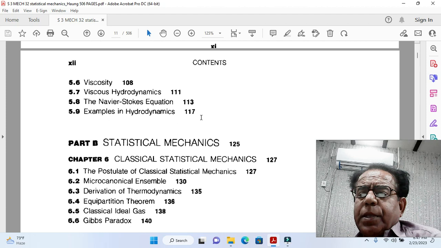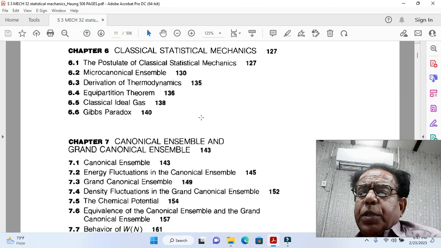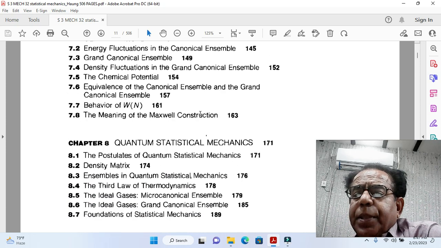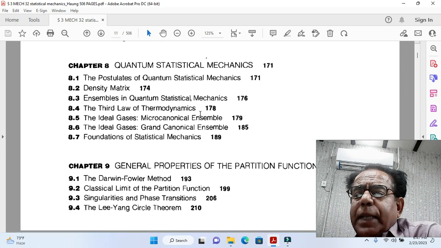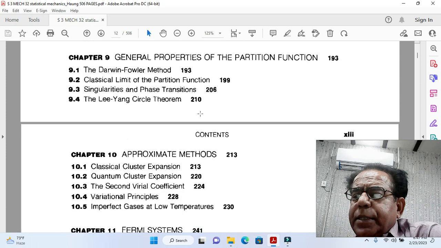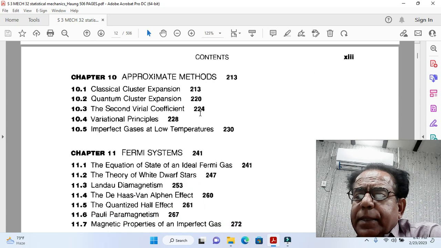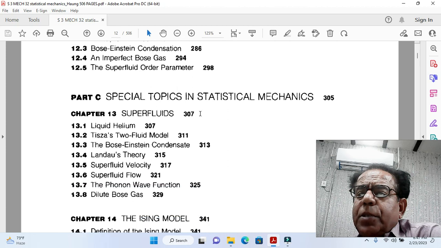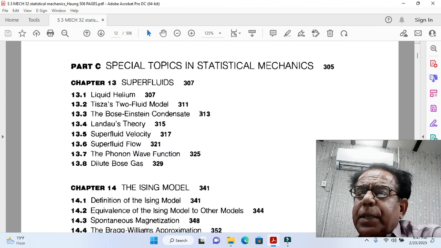Classical statistical mechanics. Canonical ensemble and grand canonical ensemble. Quantum statistical mechanics. General properties of the partition function, approximation methods, Fermi systems, Bose systems, special topics in statistical mechanics,